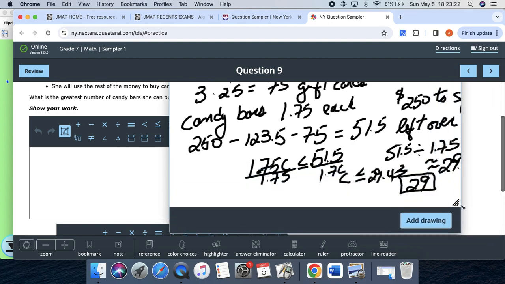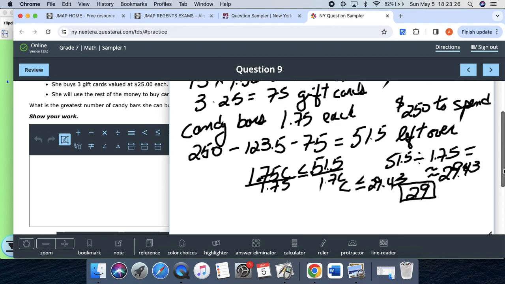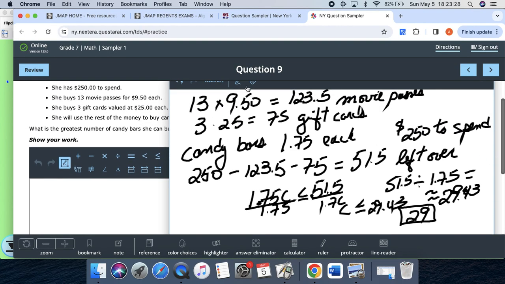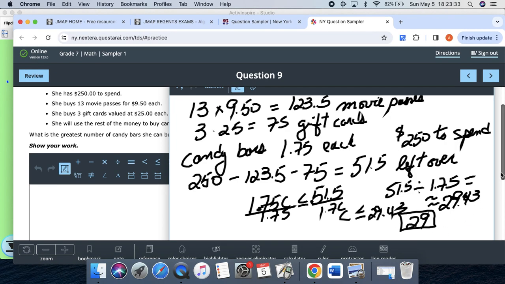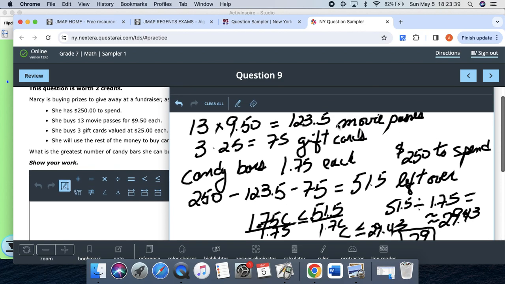I'm making the area of my work bigger if I need more space. Let me click on pen again, and my problem here is when I scroll this down, my pen feature goes away. So I have to scroll this up, click on pen, and